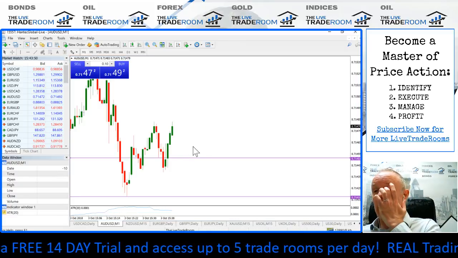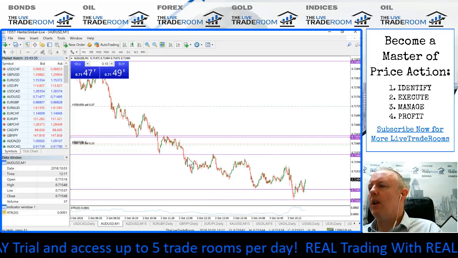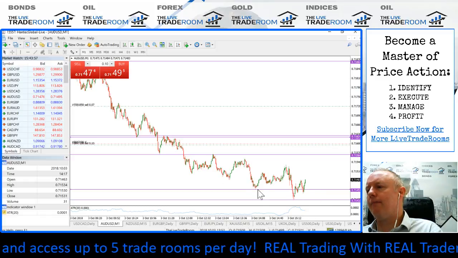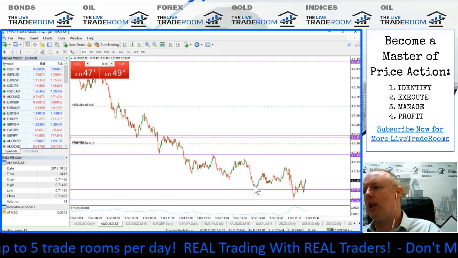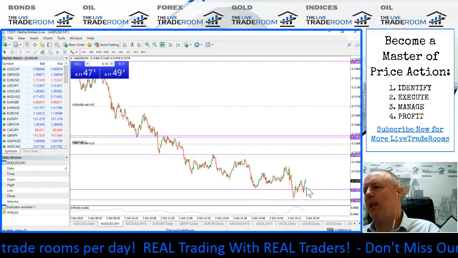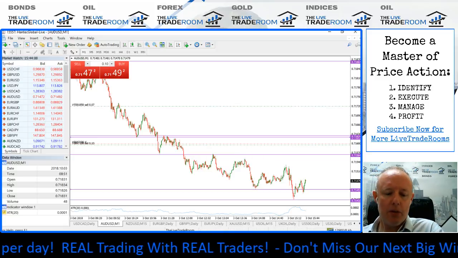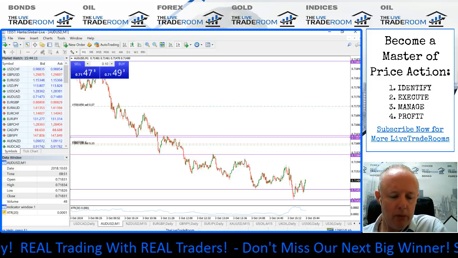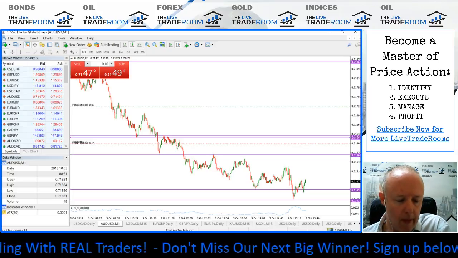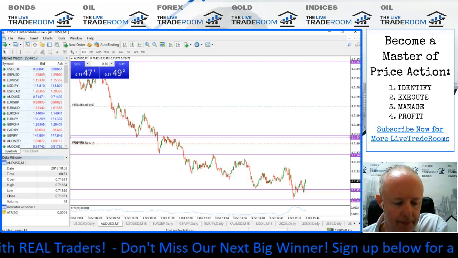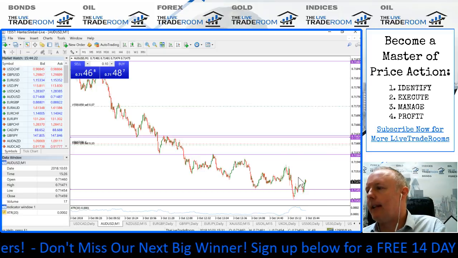Let's have a look at the Aussie dollar in a little bit more detail. We can see that this market is quite slowly grinding lower each time. It makes a little dash lower from these levels, and then it pulls back. For that reason, we're going to give the actual trade a little bit of scope, a little bit of room, and see if we get this next impulse to the downside.